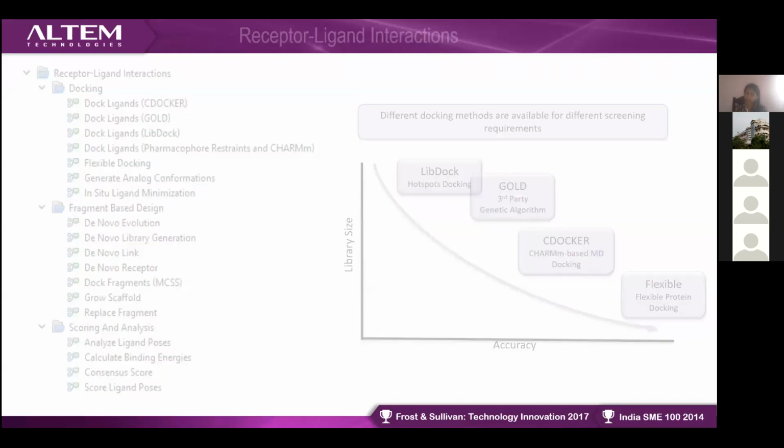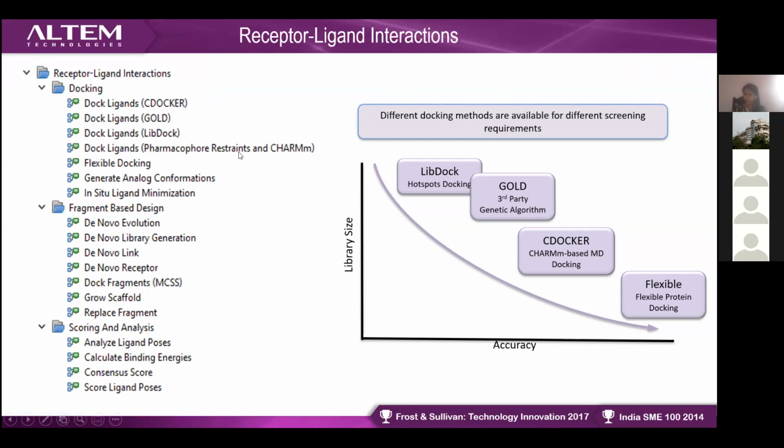And I have already mentioned about CDocker. CDocker is completely based on the CHARMm-based molecular dynamics simulation, and GOLD is based on a third-party algorithm; that is also a docking software, like LibDock. And apart from that, you might be aware these are commercial software. If you are going for normal, online-based software, you can go for AutoDock, PatchDock. PatchDock is for protein as well as protein docking. Also, you can do protein-ligand. And if you want to go for protein docking, you can go for HADDOCK software. And apart from that, AutoDock is the main docking software, and it is freely available.